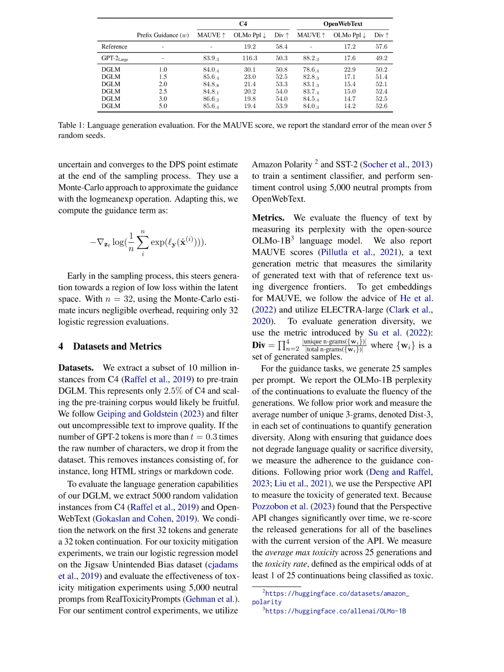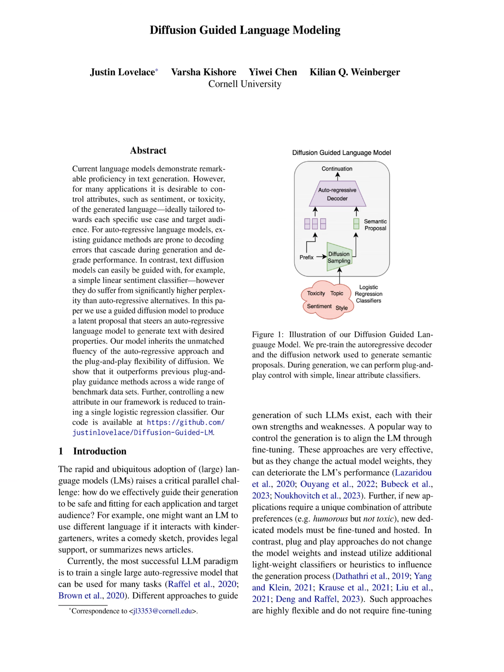The performance was assessed using several metrics, including perplexity measured with the OLMo 1B language model, MAUVE scores for text generation similarity, and diversity metrics based on unique n-grams. Additionally, for toxicity mitigation experiments, the Jigsaw Unintended Bias dataset was used to train a logistic regression model, while sentiment control was evaluated using the Amazon Polarity and SST2 datasets. The results demonstrated that DGLM achieved lower perplexity, reduced toxicity, and higher diversity compared to all baseline methods, validating its